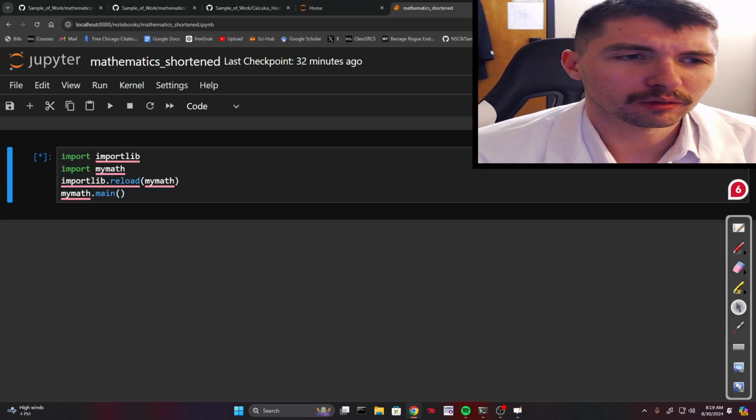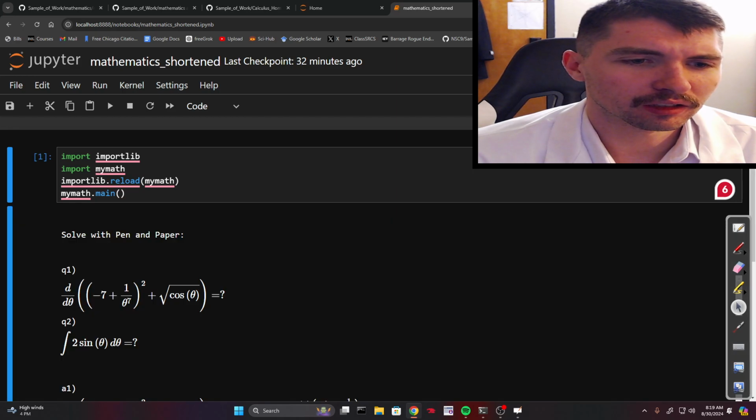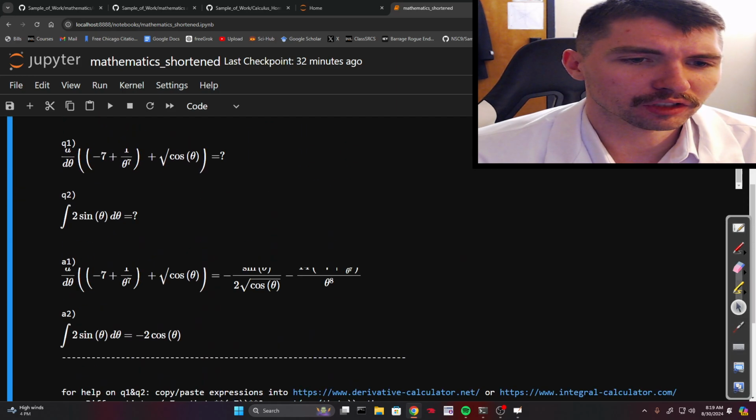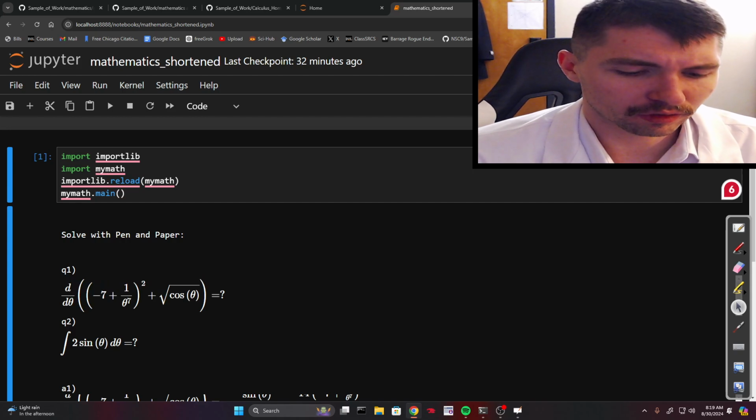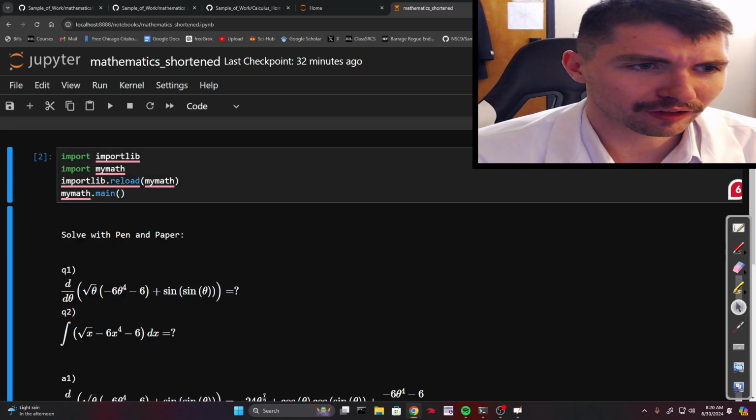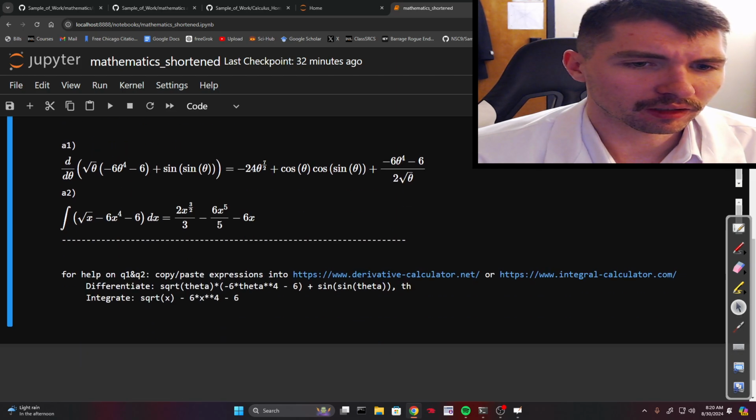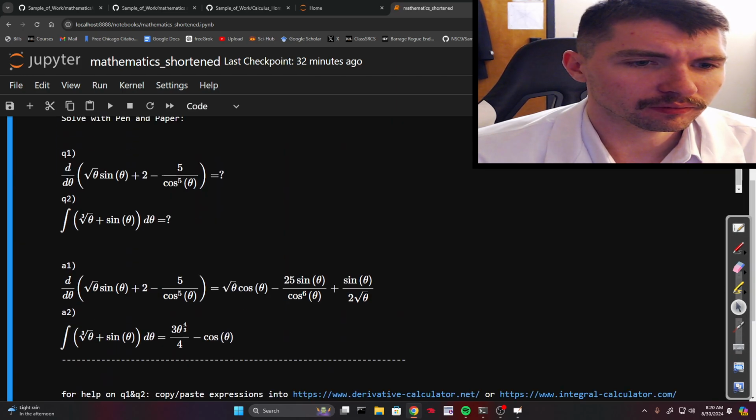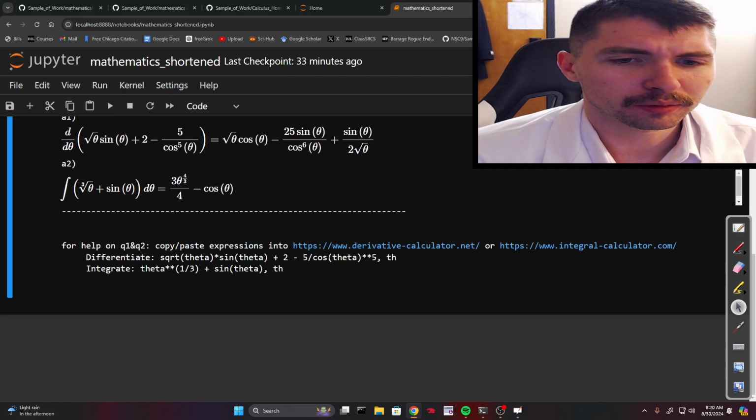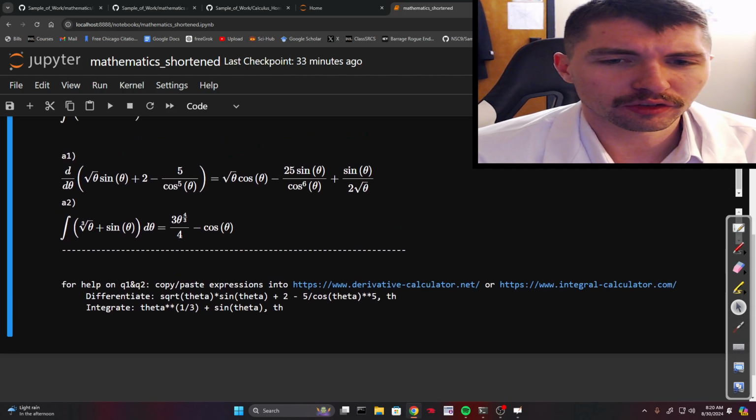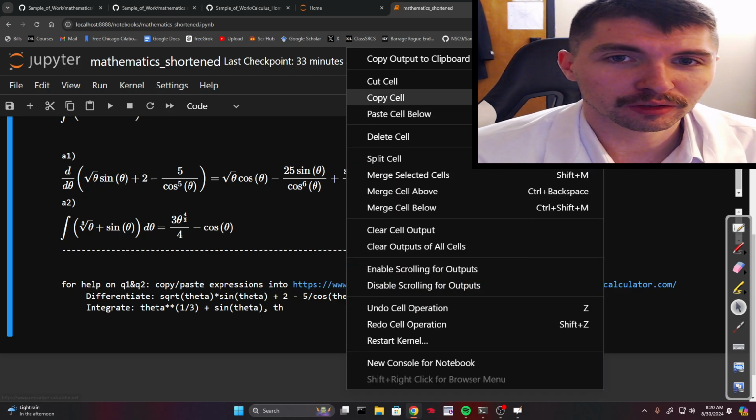Let's see if we can get some. Yeah, so there we go. Now we've generated some trig stuff. Now, obviously there's different trig substitutions, so sometimes you'll get the right answer, but it's not correct. So